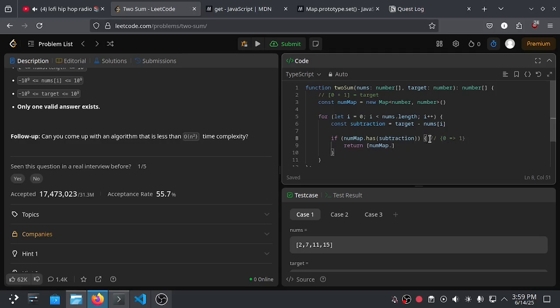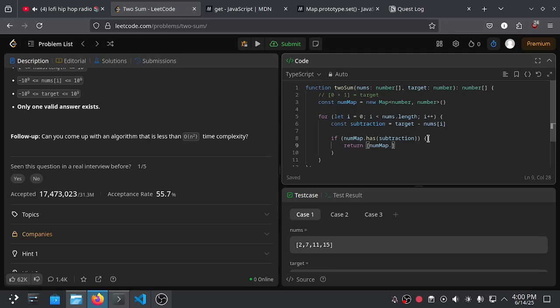That way, with this mapping algorithm, we can store two values inside one iteration, instead of an array which only stores one piece of information, whereas a map can store two values at the same time.